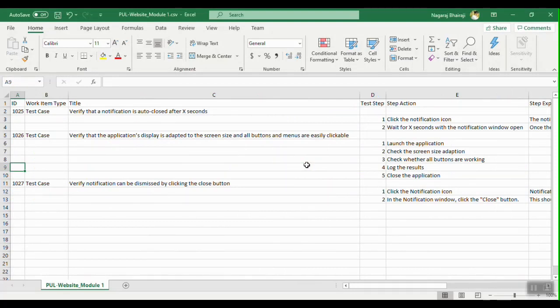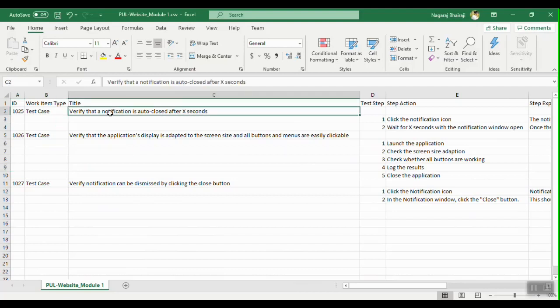Now let's see how to import the test cases from CSV to the test plan. What I will do is I'll modify this file itself and upload it back with a few new test cases, and also we'll modify these existing test cases where maybe I'll change the title of the test case or some steps, and let's save this file and upload it back.